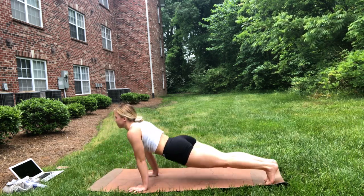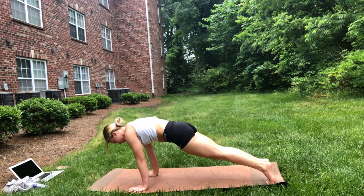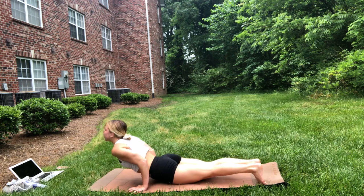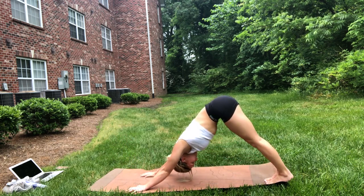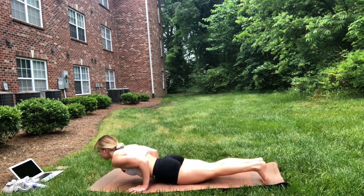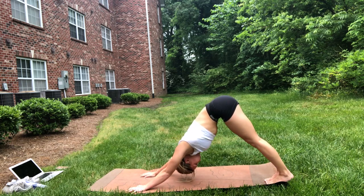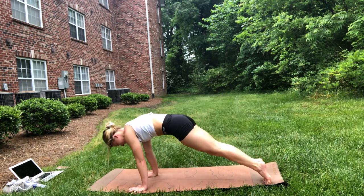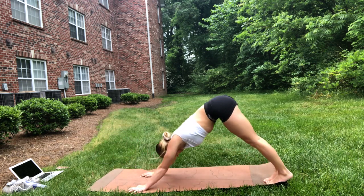So we're going to downward facing dog, use those toes to roll our body forward, lowering into chaturanga. Now is where we want to focus on squeezing those elbows as close as we can to the side of our body, like we're trying to hold a pencil between our arms and our sides or under our elbows. So you can watch my feet as I roll forward,